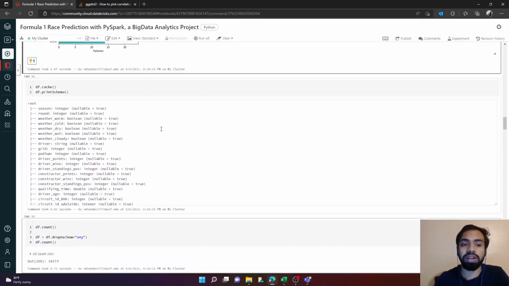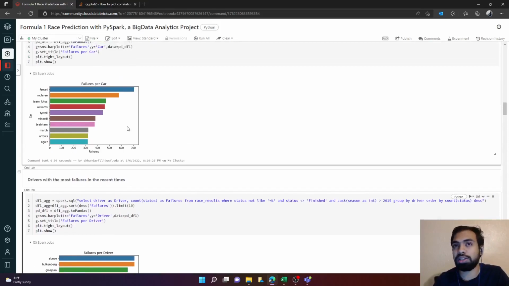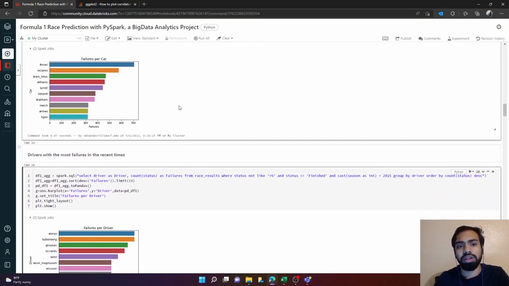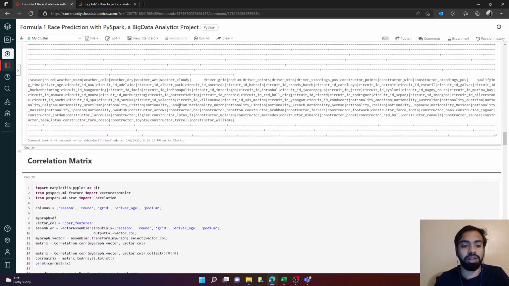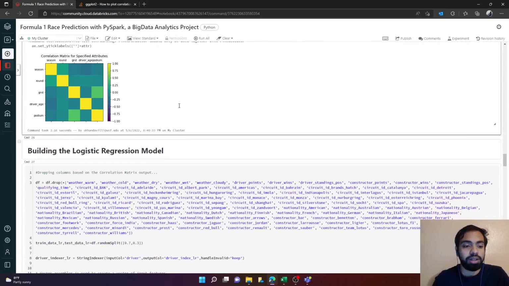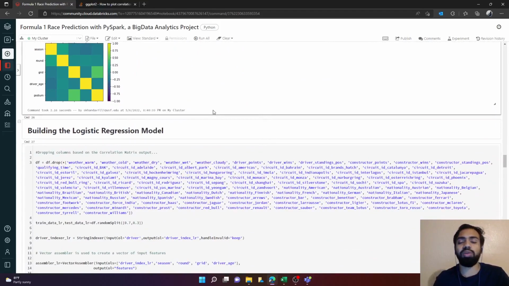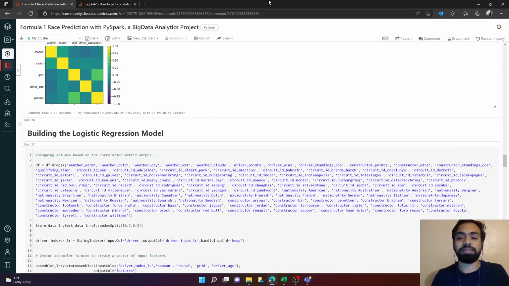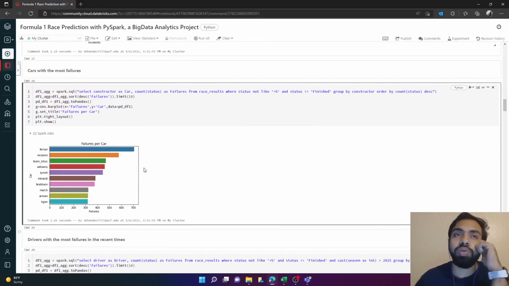There are other factors like accidents on the track, overtakings, abnormal pit stops and all that affecting the final prediction. That is what the correlation matrix explains, and the logistic regression model will be taken over by Mandar. So there will also be other factors. There will be overtakes, and there will be pit stops.